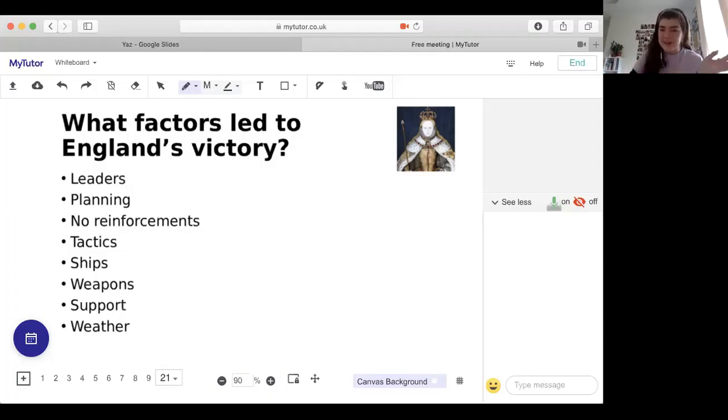And then finally, this one seems a bit like a rogue one, but it's actually really important. The weather. So the lack of a secure port where the Spanish could take shelter meant that they were buffeted by the wind. There were storms, which is quite damaging for ships, and they had nowhere to take refuge. So the thinking was, as a result of this, that God had intervened, and the windy weather and the storms was a sign that God was on Elizabeth's side. They were on the Protestant side, and the Catholics were wrong to invade. So that massively decreases morale amongst the Spanish soldiers in the Spanish fleet, and that has quite catastrophic consequences.